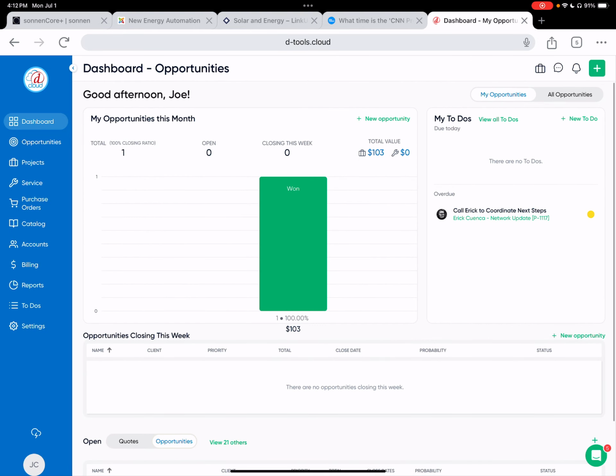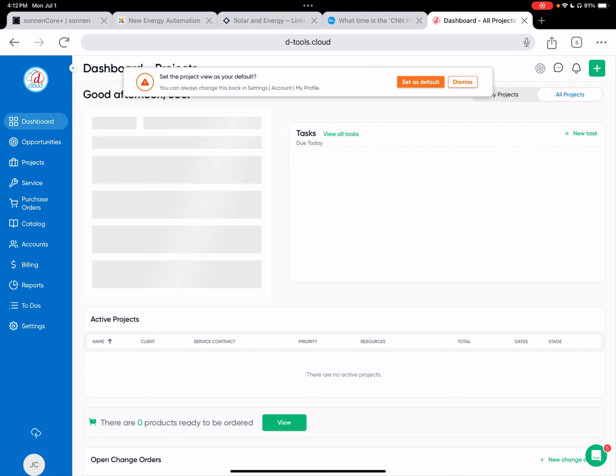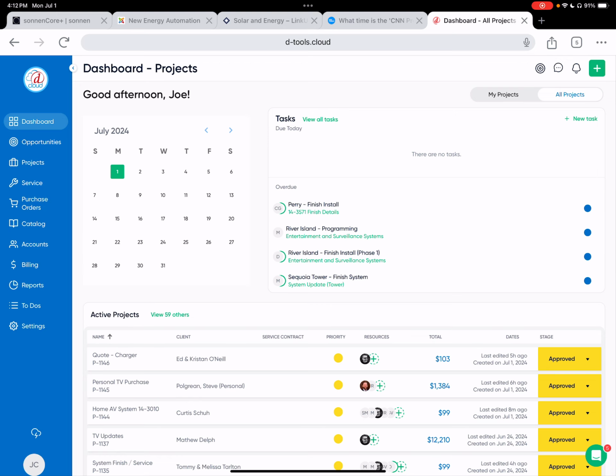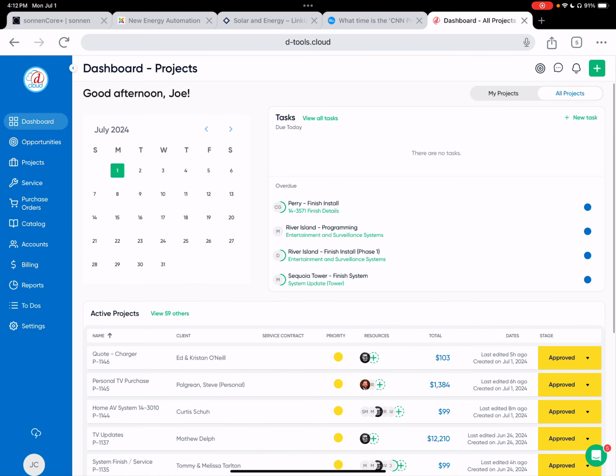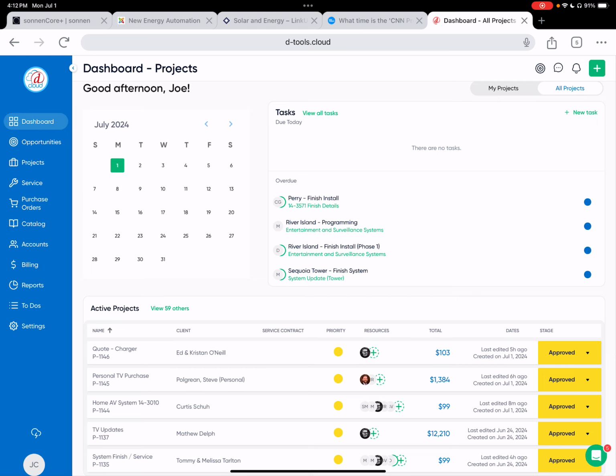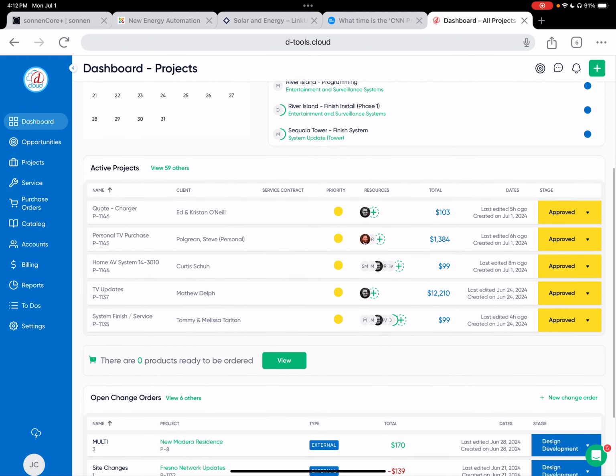So that's the dashboard when I'm looking at opportunities. If I'm looking at projects, you'll obviously see a calendar in the top left. You'll see tasks that are either due today or overdue. And again, that's based on projects that have been scheduled in the field. And then active projects,